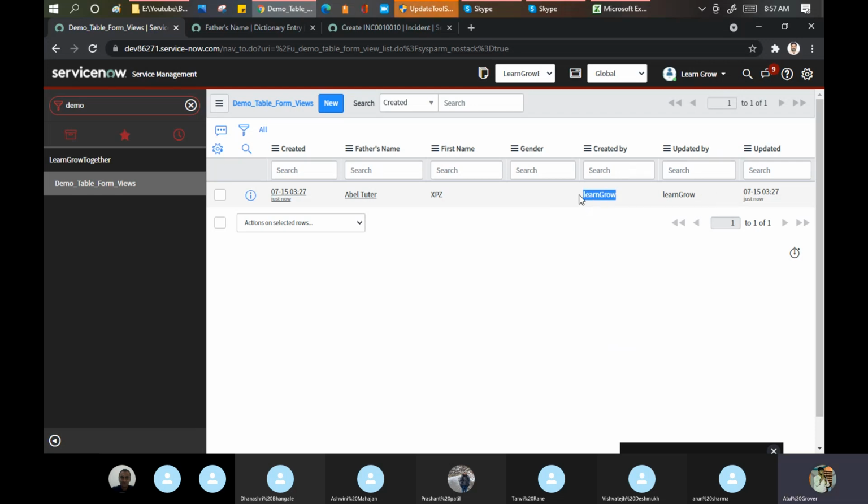Why do you want to show the customer who created this form? I'm submitting the form, I'm the form creator, right? Do you want to show when it has been created? I know that I'm filling it now. Better to show the field on the list view. When it has been updated, when it has been created, that is good. But why do you want to show it on the form level?